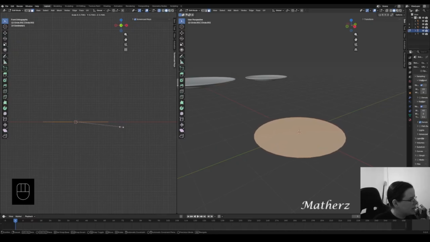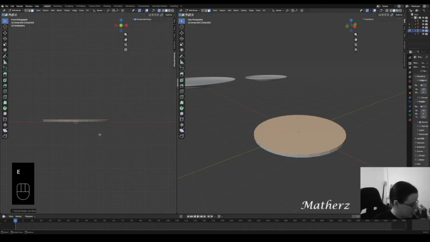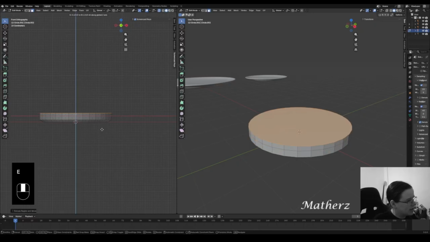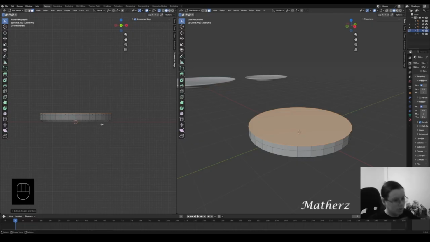So let's go ahead, go E for extrude, bring this up, S for scale, E for extrude, bring this up again. And we're just going to do this in the exact same manner that we've done the plates, except from them being flat. We're going to make this as a bowl. So let's go E for extrude again,